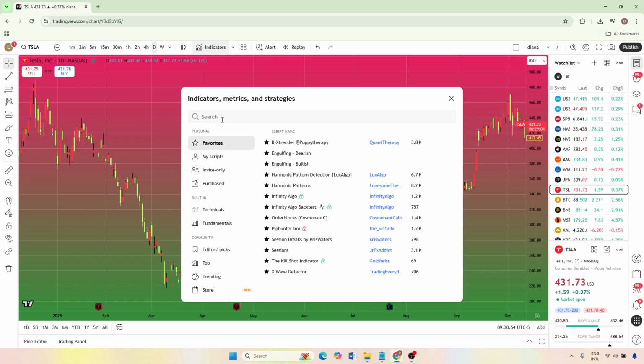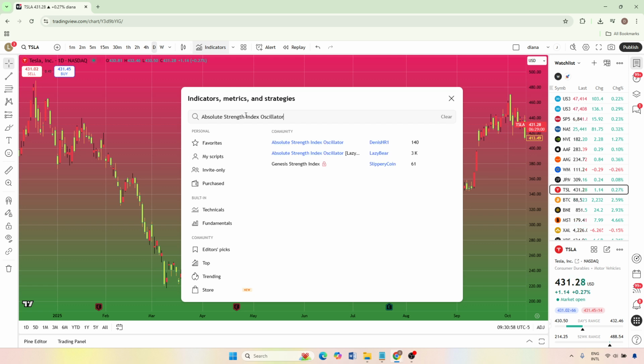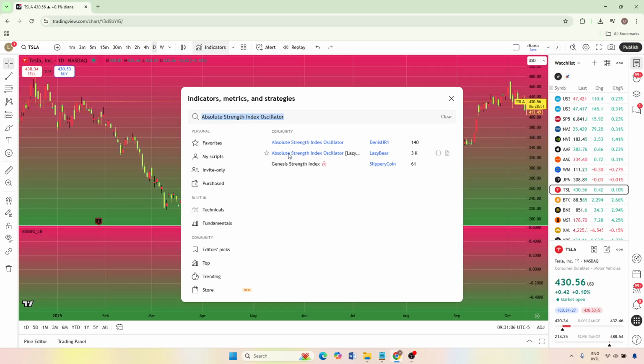Now carefully type the name of the tool you want to add, Absolute Strength Index Oscillator. You don't have to rush. Spelling it correctly helps TradingView pull up the exact indicator you're looking for. As you type, TradingView will start showing matching results below the search field. Once you see Absolute Strength Index Oscillator in the list, move your mouse over it and click on it. As soon as you do that, the indicator will be added to your chart, typically in a separate panel below